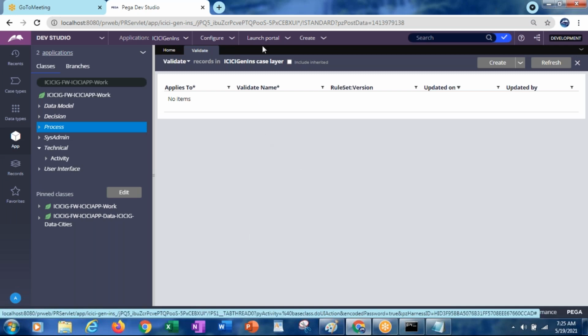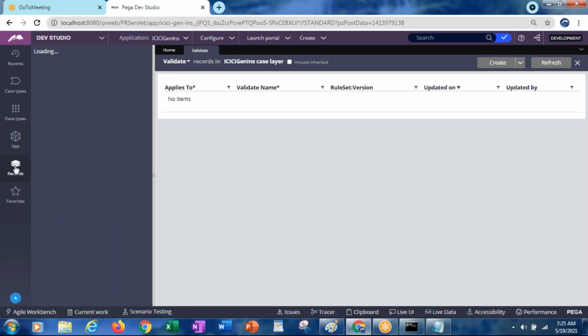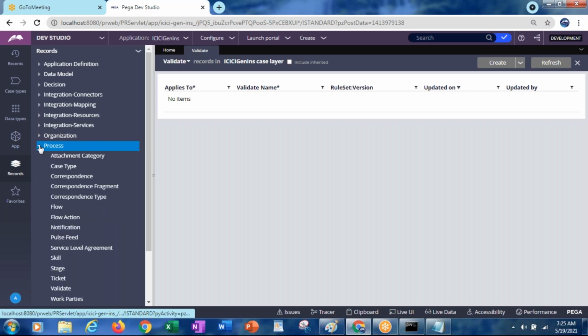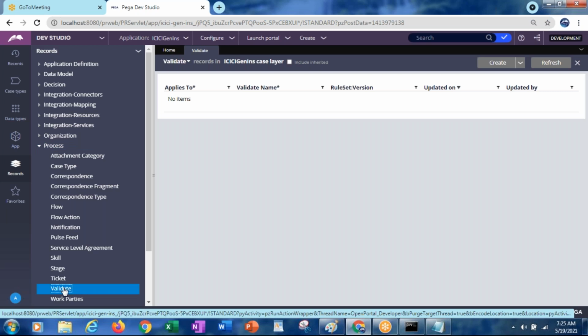It is just referring to our application, so no validate rules are there. If you go to records under that process, and here if you see validate, it will list out the complete list of the validate rules which are available in Pega PRPC.